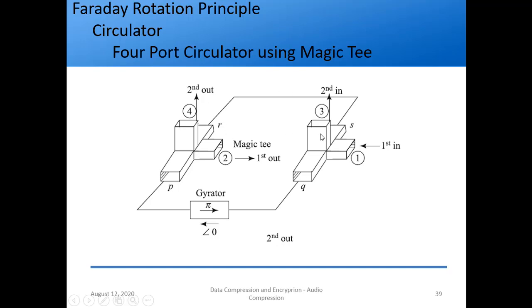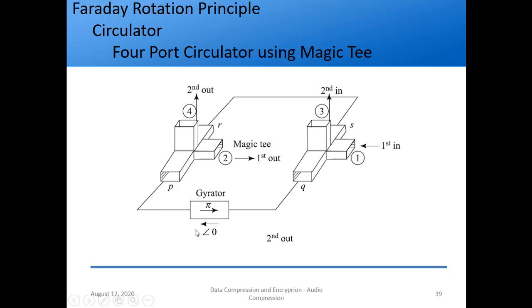So how does this work? This should act as a circulator, means if I give the input at port 1, the output should come at port 2 only. At the rest of the ports the output should not come, right? Here also and here also. So let's see how it works. Port 1 is the H arm of the magic T. If I give input here, the magic T will act as an H plane T, right? So the output is equally divided here, means if 100 watt is given here, 50 watts will come here, 50 watts will come here, right?